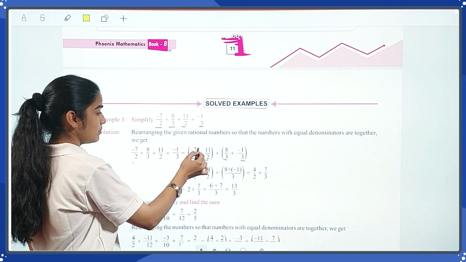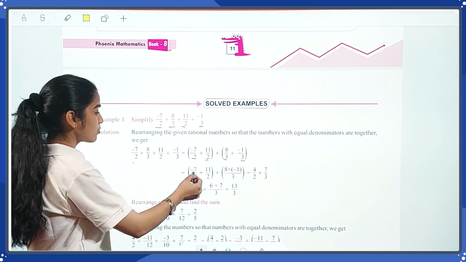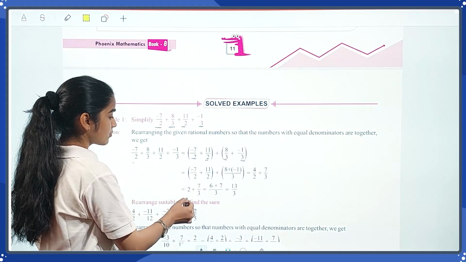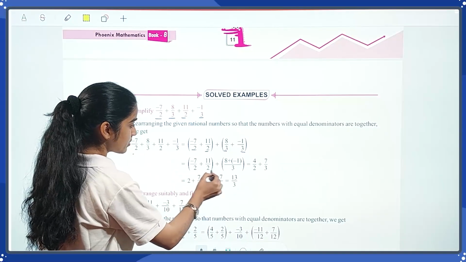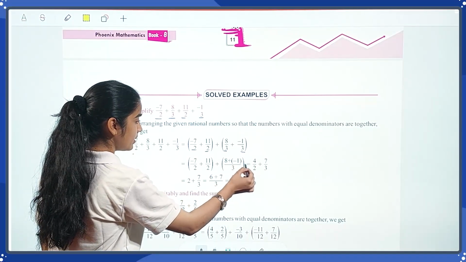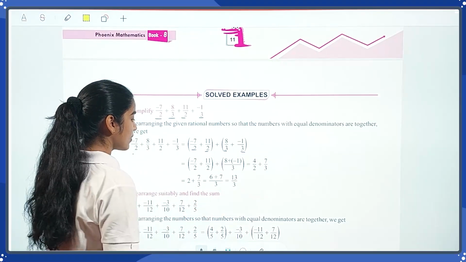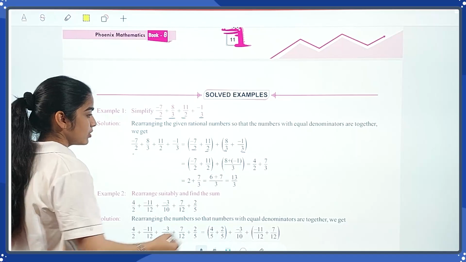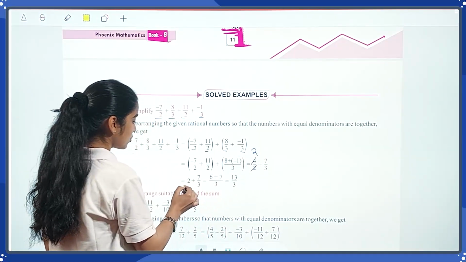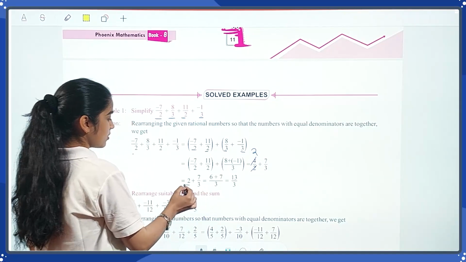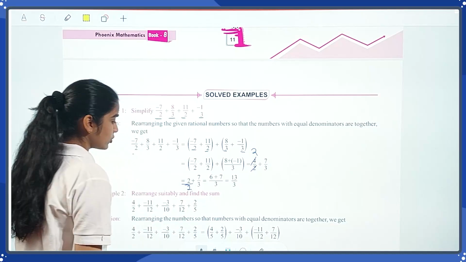So minus 7 plus 11, because we have the same denominator, so we can directly add it. So you will get 4 by 12. Okay, now minus 4 by 2, and here we get plus 7 by 3 plus 2 by 3. Now we have to take the LCM for it. You can simply do here 2 ones are 2 and then 2. So 2 plus 7 by 3. If there is nothing, we have to take 1 as denominator.